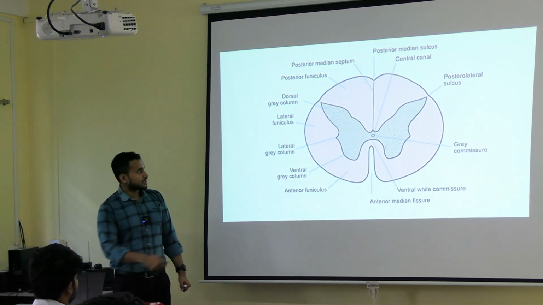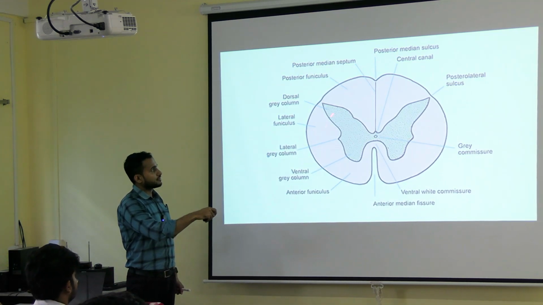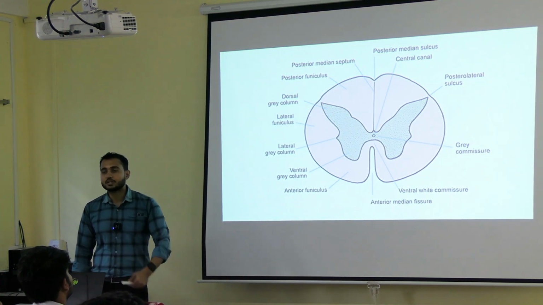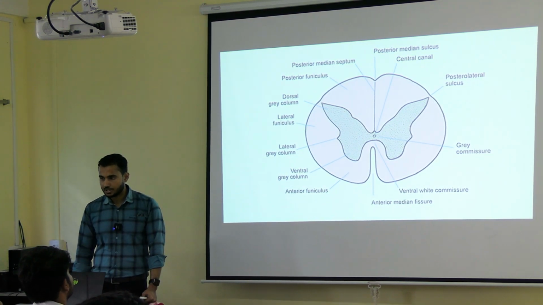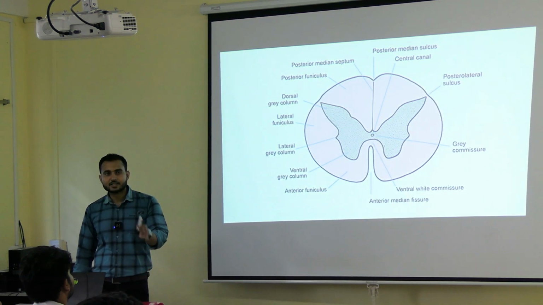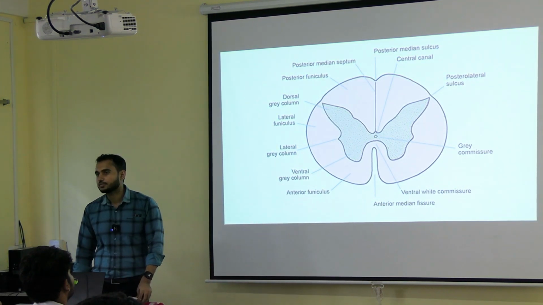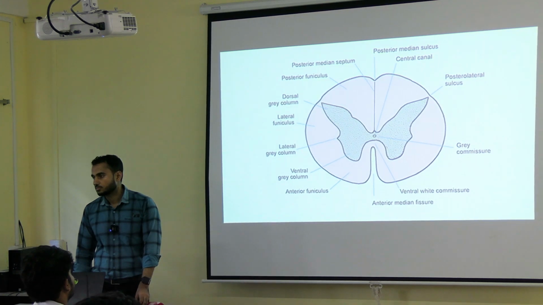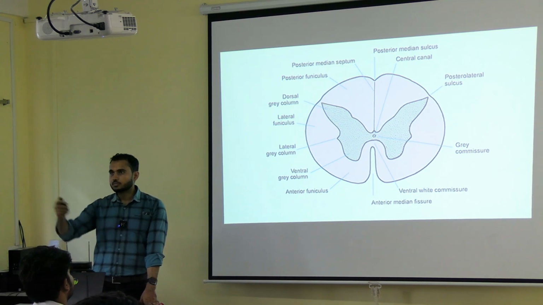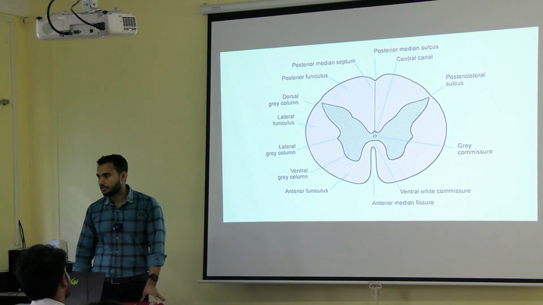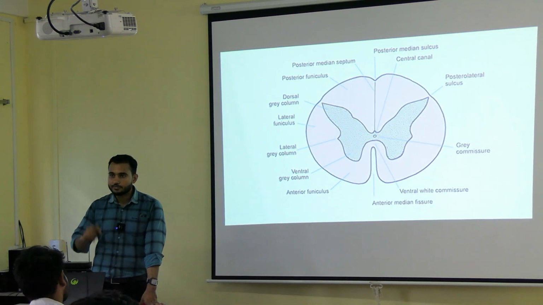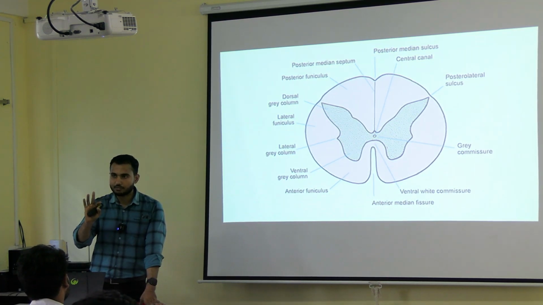ठीक है. Next, ये जो white matter है, this white matter is made up of fibers. Different types of fibers are present. Where have you studied about the tracts? ठीक है. How have you studied the tracts? हाँ, मान लो असेंडिंग ट्रैक्ट से, डिसेंडिंग ट्रैक्ट से. अगर मान लो असेंडिंग ट्रैक्ट से, how have you studied? हाँ, फर्स्ट ऑर्डर न्यूरॉन, सेकंड ऑर्डर न्यूरॉन, थर्ड ऑर्डर न्यूरॉन. ठीक है. तो जो सेकंड ऑर्डर न्यूरॉन होता है इन केस ऑफ असेंडिंग ट्रैक्ट्स कहाँ पे रहता है? अच्छा, before that, yes before that I want to ask you one thing.